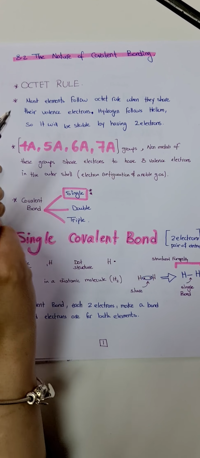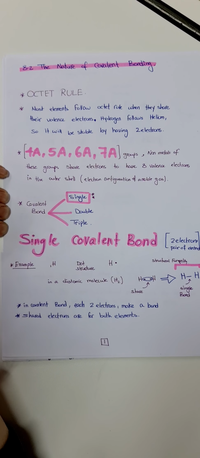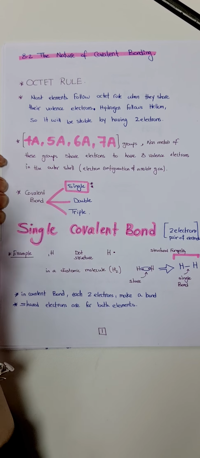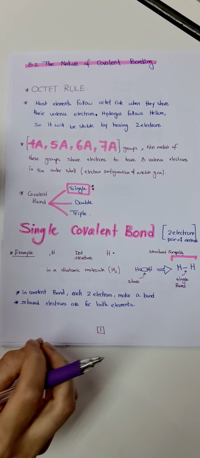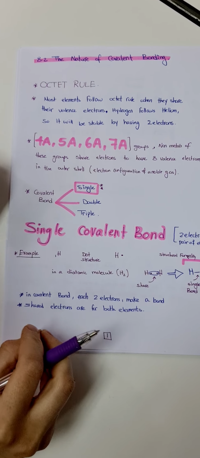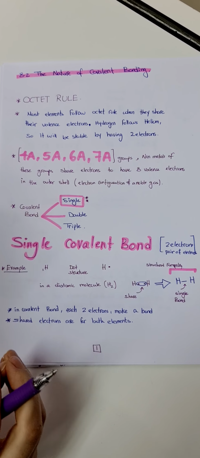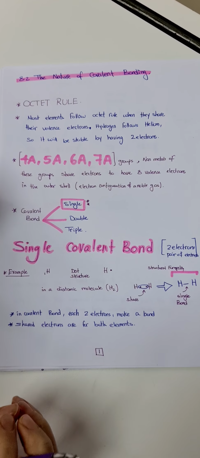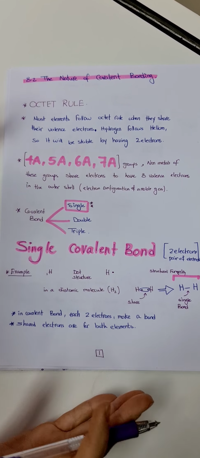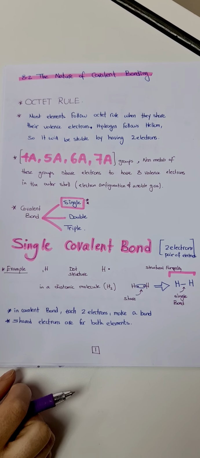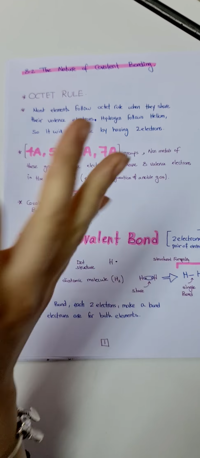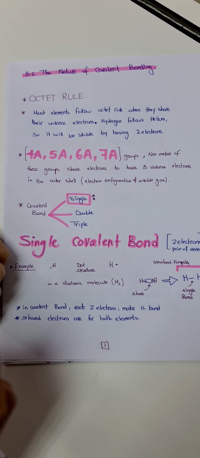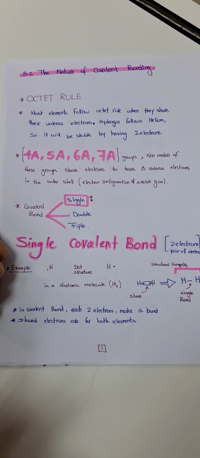Today we will talk about lesson 8.2, the nature of covalent bond. We already mentioned that most of the elements try to be stable by following a certain configuration of the nearest noble gas. How can we translate this? We can translate this by mentioning the octet rule. Octet means 8. That means that most of the elements try to fill the last shell with 8 electrons